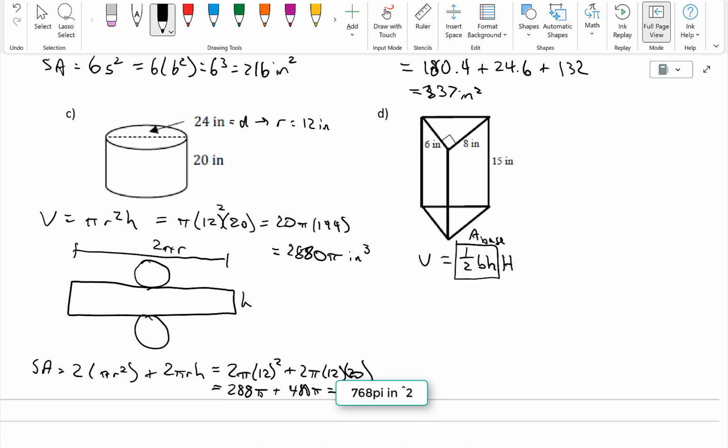And then we want to multiply by the height. And really we could do that over here as well. The pi r squared is just our area of the base. And we're going to multiply by the height. And then our surface area,